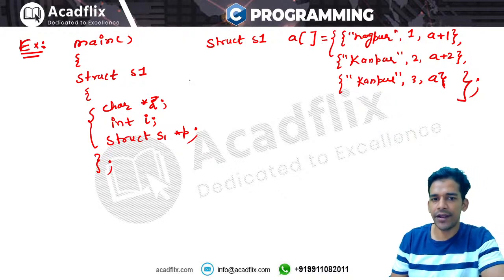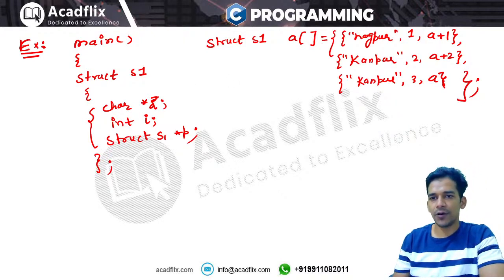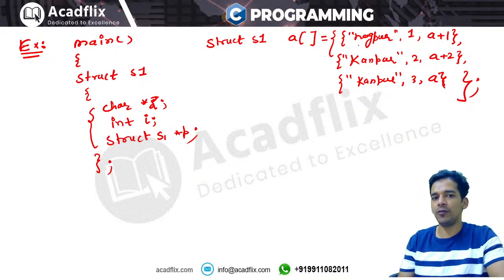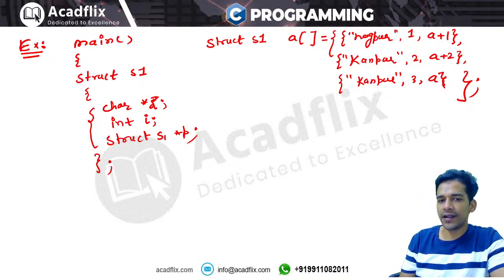these structures and every structure is having 3 members. Okay, this Nagpur means this z is corresponding to Nagpur, the first member is having the value Nagpur. So this is a character type pointer, this means that this is pointing to some string. Okay, it is pointing to some string. Integer i is some integer value and struct s1 star p is a pointer, right? So this means that